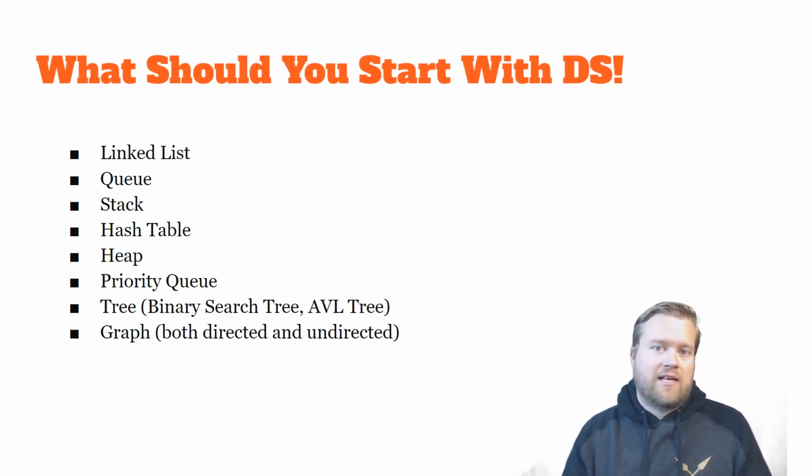Like create a linked list from scratch is a great beginner algorithm question that some companies might give you. Create a queue, a stack, hash tables, heaps, priority queues, trees, graphs. So be able to create these from scratch, understand how they work. And these are almost like the fundamental building blocks. You might get other questions that rely on these data structures, like a binary search. Binary search is a really common one when you just want to do a really simple one. I actually did a video on that.